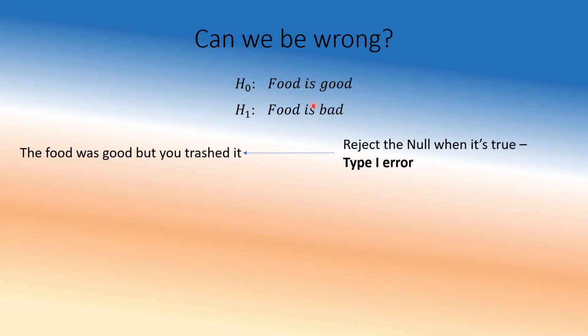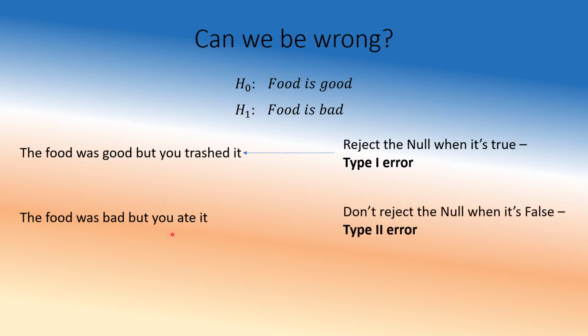The other side of this will be the food was bad, but you ate it. And this is, in this case, a bit more serious type of error, type 2 error. Don't reject the null when it is false. When it is false, this is bad, but you did not reject it, which means you said the food was good, you ate it. And of course, you have to face the consequences. So in this case, actually, we tend to minimize type 2 error. If in doubt, throw it away, because the consequences are pretty bad of having bad food. The result of that will be we end up throwing lots of good food.